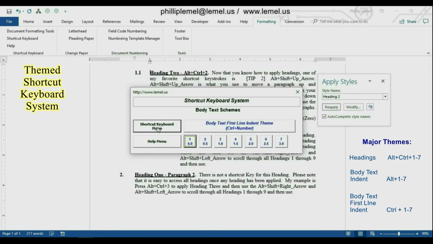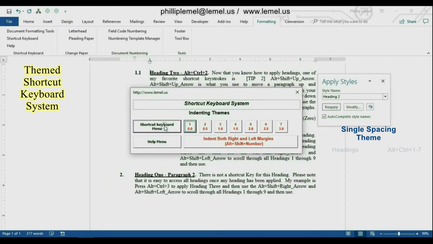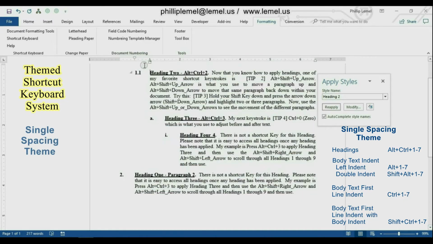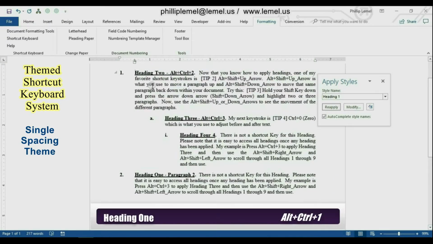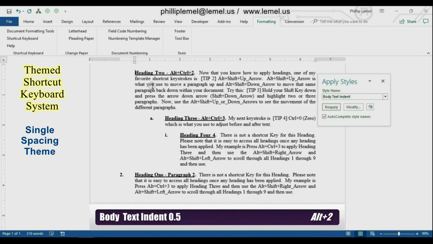The minor levels are accessed by holding down the Shift key and pressing 1 through 7, just like the major levels. The minor theme for indent is double indent, which is indenting both the right and left-hand margin. All of these combinations are wonderful because of how many different types of formatting you can apply without having to think of styles. The single-space shortcut keyboard has around 50 formats which are anchored by headings 1 through 7. I do plan to expand the ability for the users to more freely choose their minor themes like hang and indent. As a trainer who enjoys one-on-one training, I really don't like to focus on styles, but other things, like